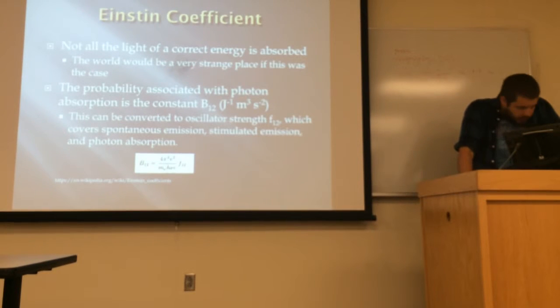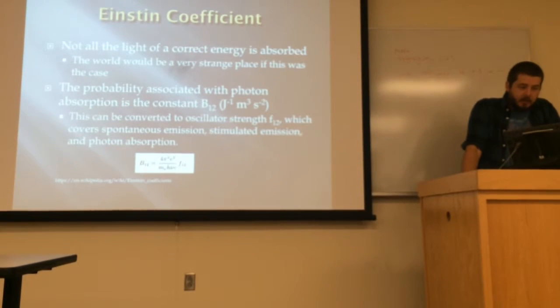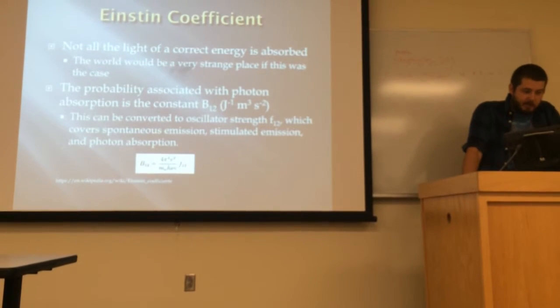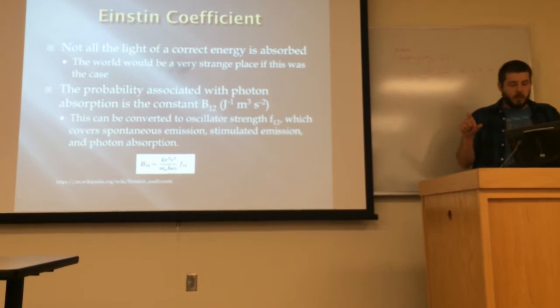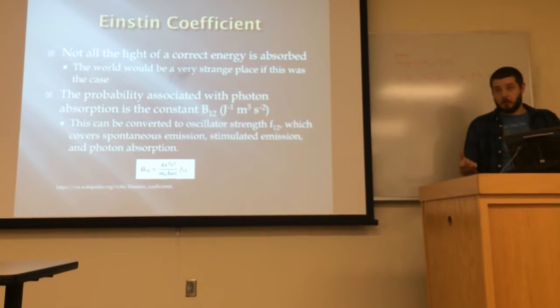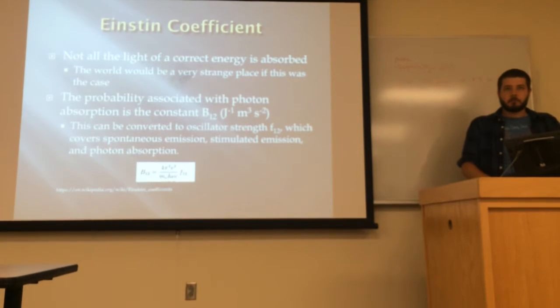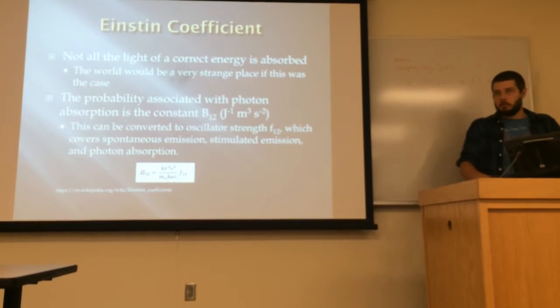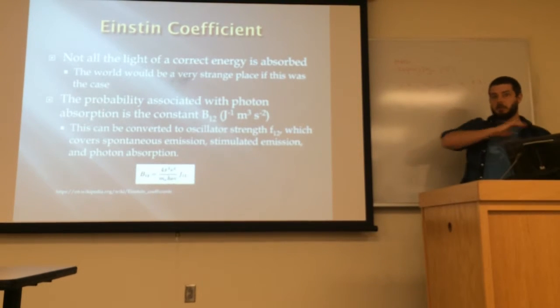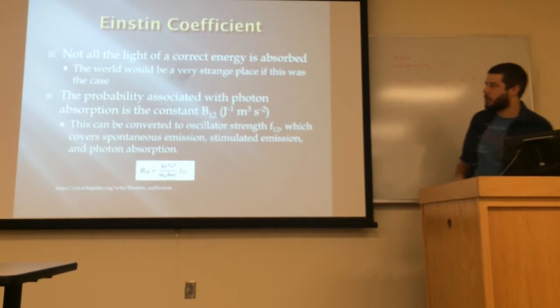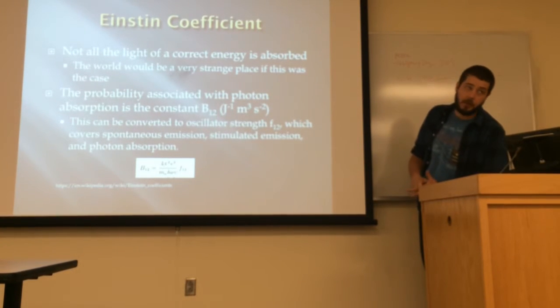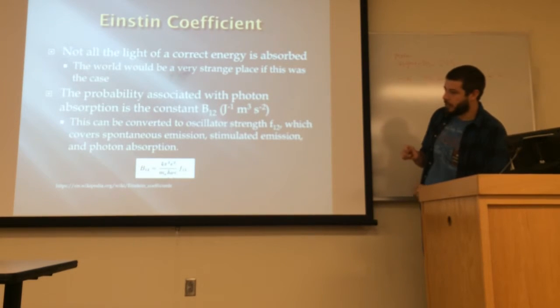I believe that it does relate to the Einstein coefficient. I'm not totally sure. But that is sort of the probability of an electron being absorbed into a system. Not all the light of a wavelength that is appropriate for absorption will be absorbed. If that was the case, it would be very strange because everything would be either totally absorbed or re-emitted. So there is sort of a probability associated with a photon of a correct wavelength being absorbed by a